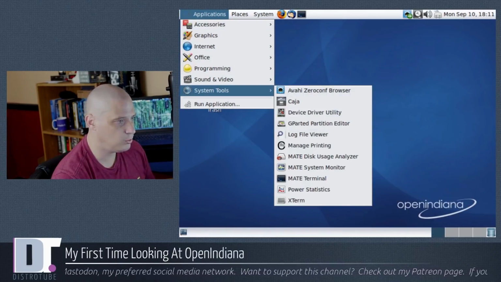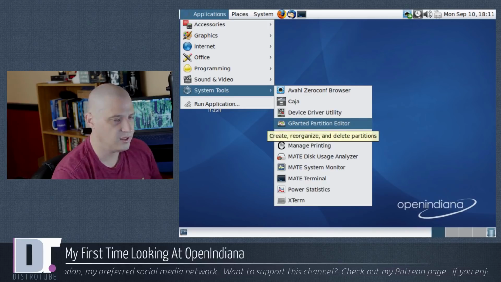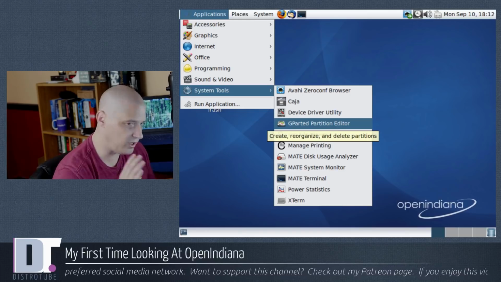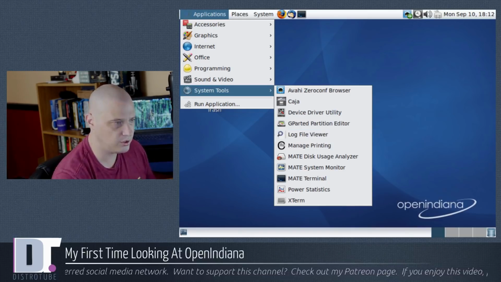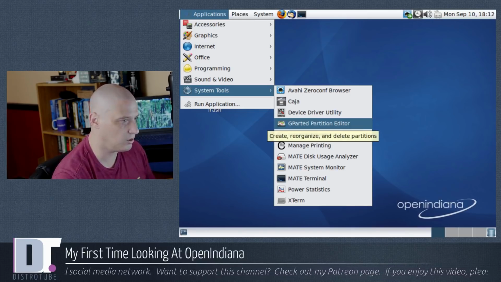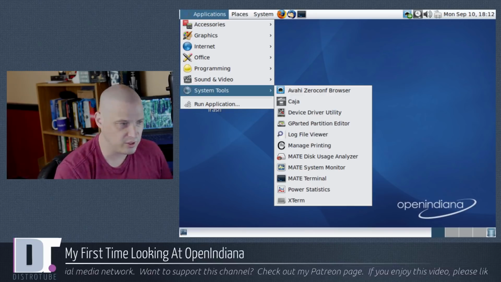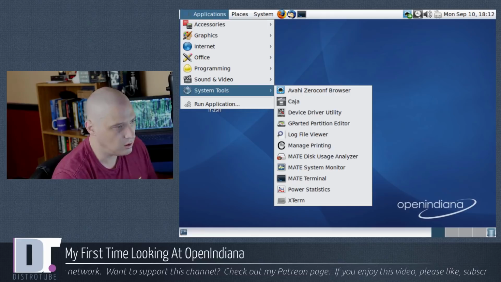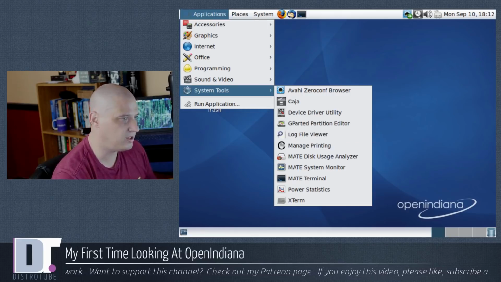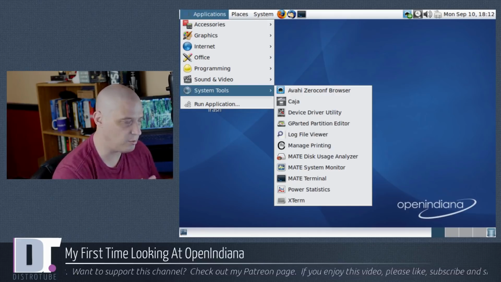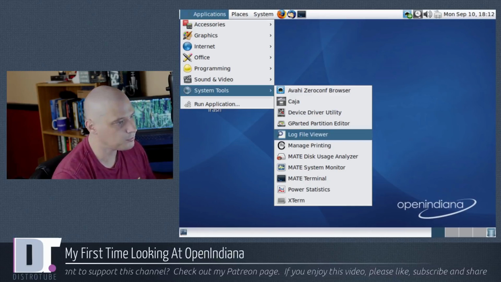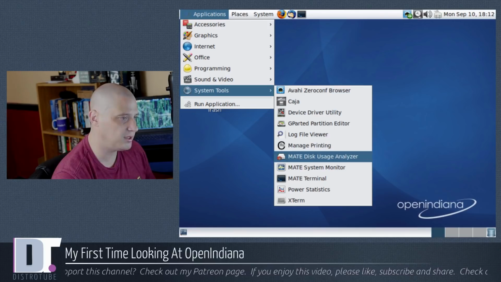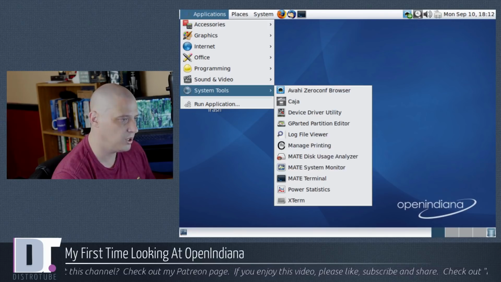Alright, so also under System Tools we have gparted. Gparted is fine on a live image. On an already installed distribution, you probably want to get rid of gparted, because you really don't need to be editing your partitions on an installed operating system. On the live image it makes sense because you often use live images for system rescue. We have our log file viewer, a manage printing utility, the Monty disk usage analyzer, the